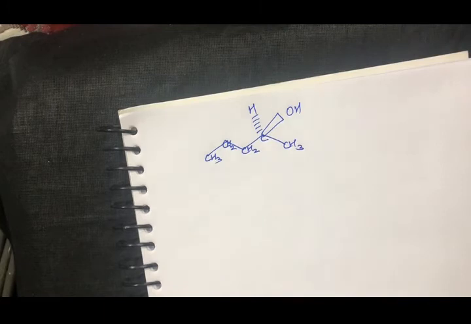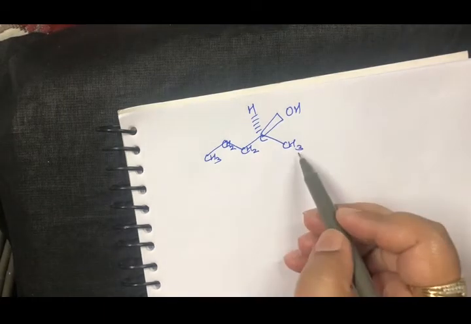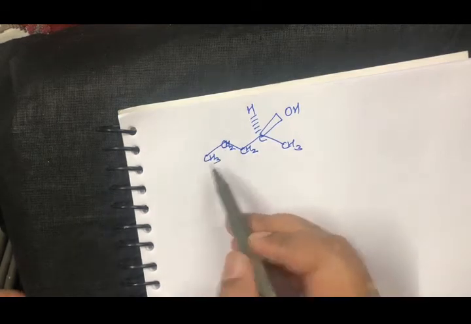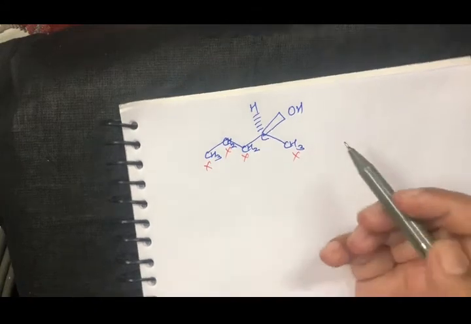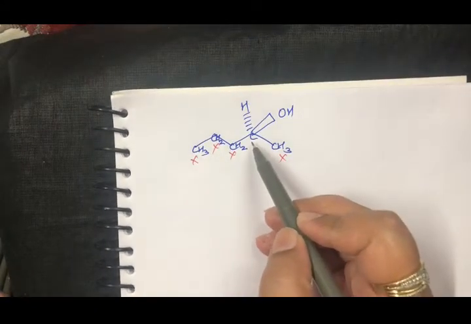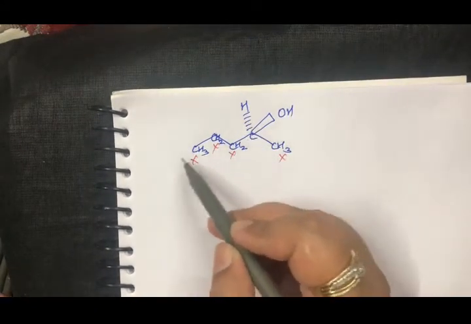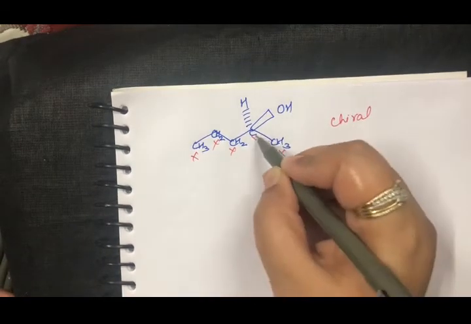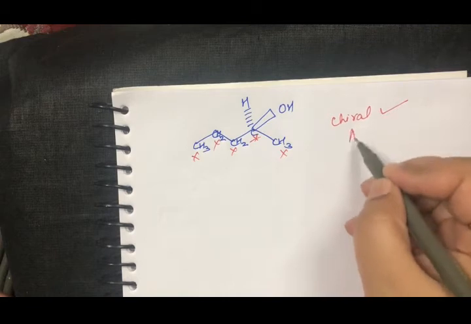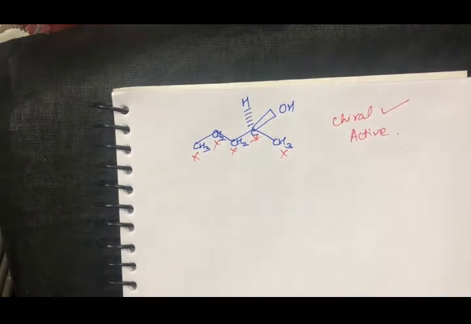So now if I see all the carbons that I have attached hydrogen with, this has 3 same hydrogen, 2 same hydrogen, 2 same, 2 same. So they are never going to be chiral carbons. Now let's talk about this carbon. This carbon has 1 OH, 1 H, 1 propyl group and 1 methyl group. So there is a chiral carbon. This is my chiral carbon, so it is optically active.